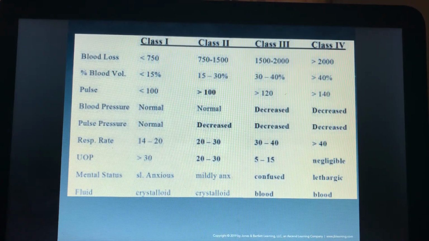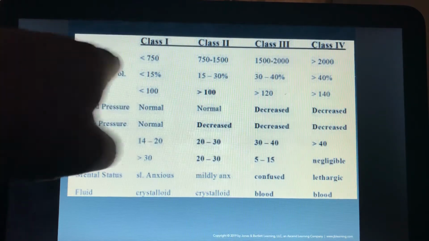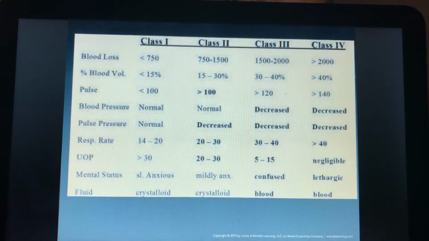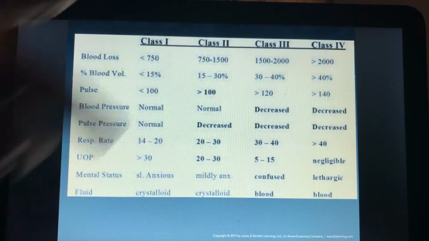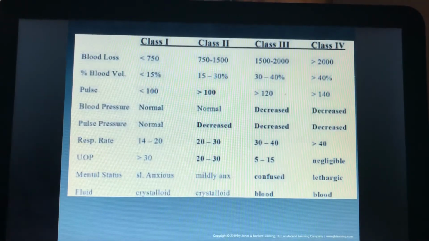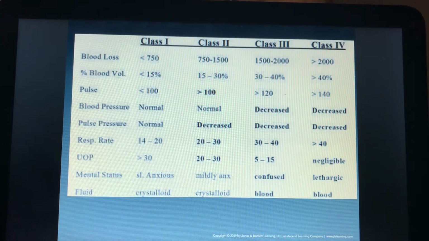But how bad are you going to feel that you didn't spend an extra 10 or 15 minutes on scene just hanging out, thinking, okay, there was significant mechanism of injury, they're fine. You're not going to see any bruising right away, they're not complaining of anything, maybe some pain in this area, and you don't find anything on assessment, and they're exhibiting signs of compensating right now because the blood loss has been minimal, because it is all based on blood loss. And you're thinking, okay, they're fine, but then they start going to class 2, decompensating, which means that their heart rates start to go up,